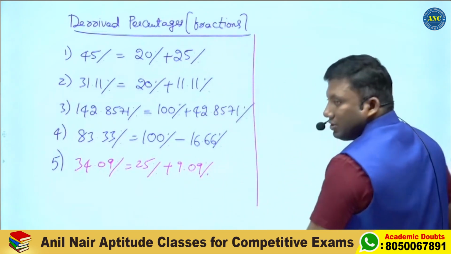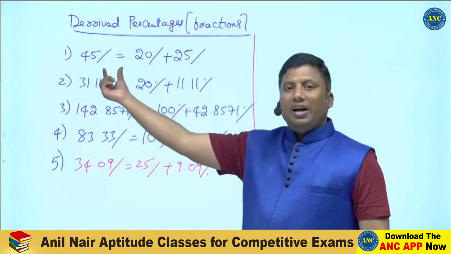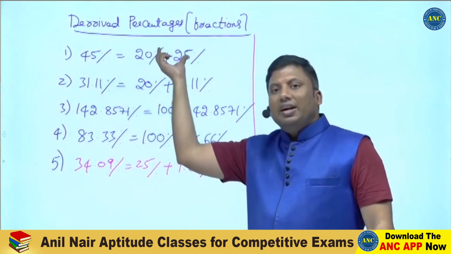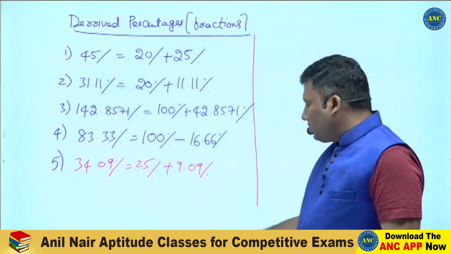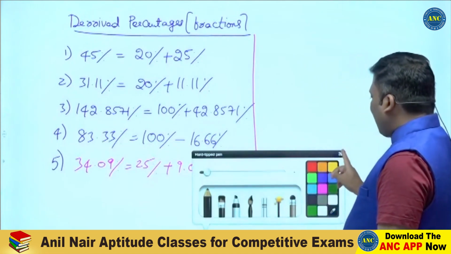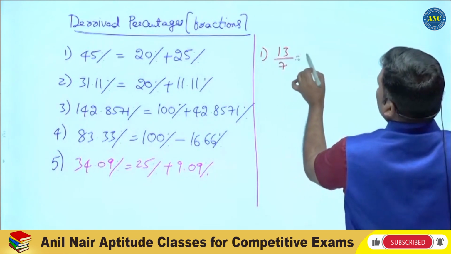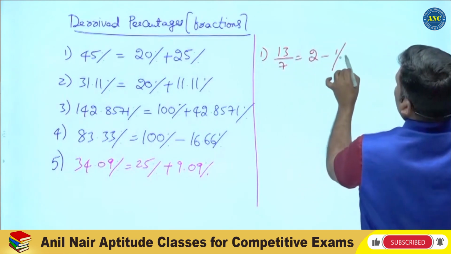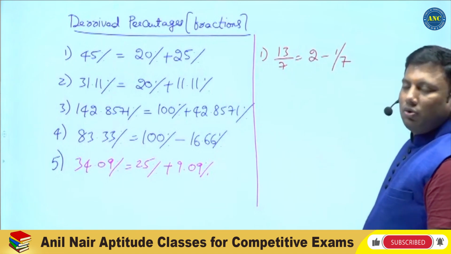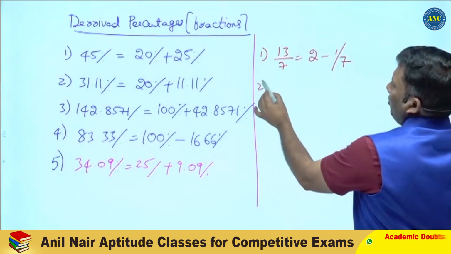9.09 percentage. Left hand side, the percentage is given. It is derived from the basic values. Similarly here, fractions can also be given. 13 by 7 is derived from 2 minus 1 by 7. Suppose if it is